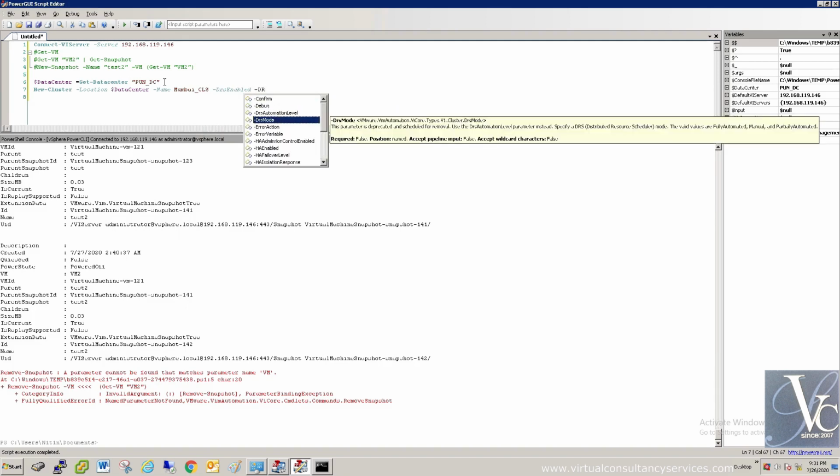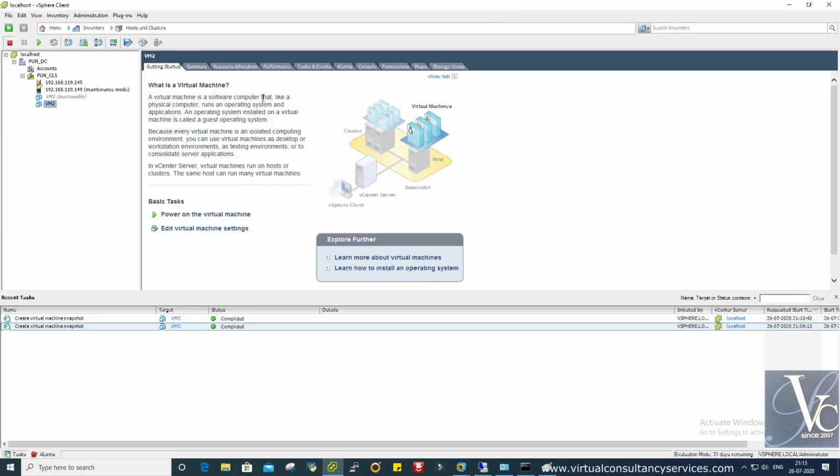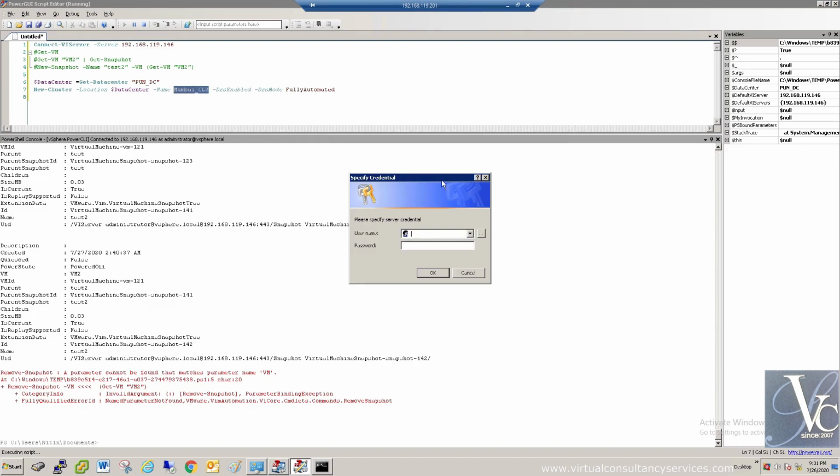I need DRS to be enabled, so DrsEnabled, then DrsAutomationLevel equal to FullyAutomated. Okay, I will run this command. We don't have this name, Mumbai_CLS, here, so we will create it right now.